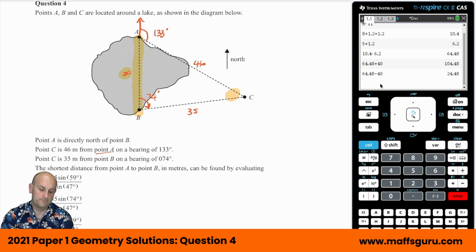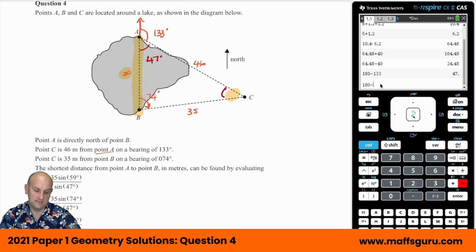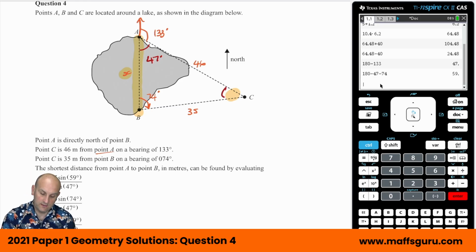Of course. So I can find this angle here, that angle inside the triangle, because we know that that's a straight line. So 180 minus 133 gives me 47 degrees. That angle there is 47 degrees, which now means that because I've got the other 2 angles in that triangle, I can do 180 minus 47 minus 74 gives me 59 degrees. There we go. So there's my 59 degrees. So using the sine rule, I can have x